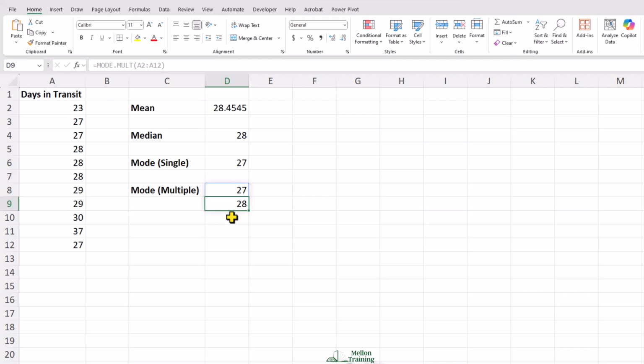Even though I typed the formula into cell D8, when I pressed enter because there were multiple values available, it applied the same formula and spilled the result from cell D8 to D9. If I were to change the value in A12 from 27 back to 38, then you can see that the mode is still 28, and